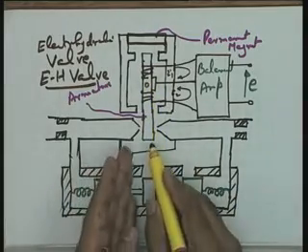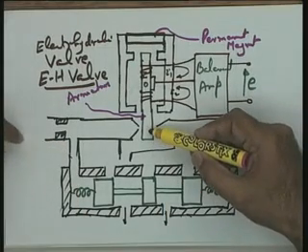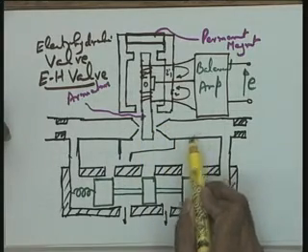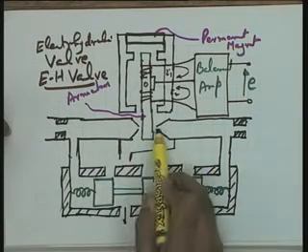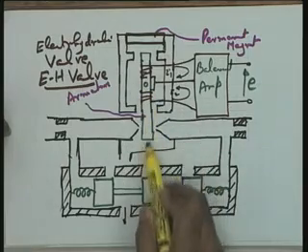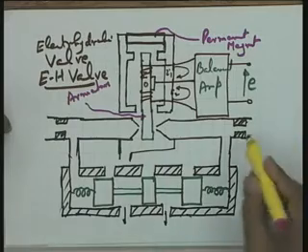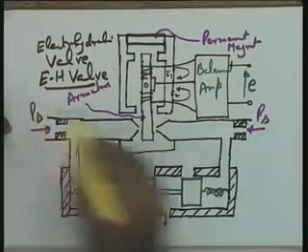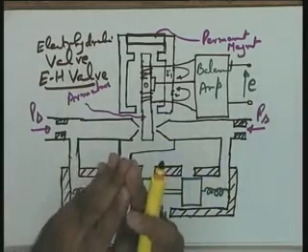If this armature is in exactly central position, you see that this is a flapper. This armature is acting as a flapper for these two nozzles. I need your attention. Along with drawing that, the diagram will be available to you later also, but look at the action please. These are the two nozzles. So this is acting as a flapper. So if these two distances are equal, here is the supply pressure PS. If these two distances between the flapper and the nozzle are equal, what will happen?